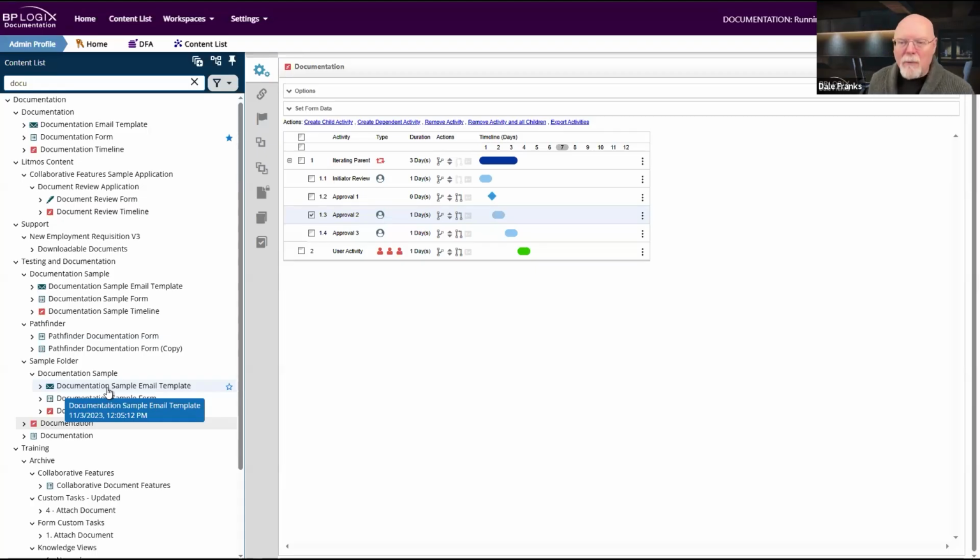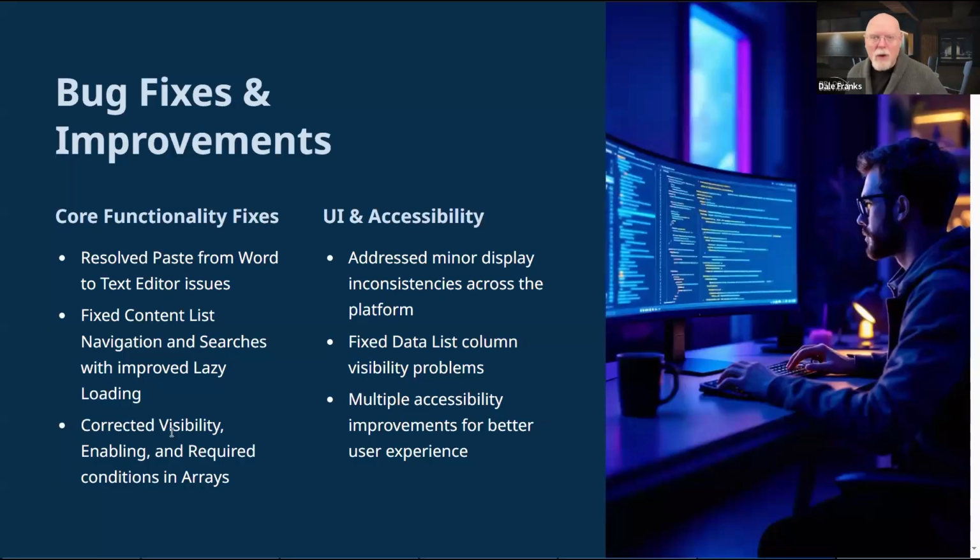So we fixed that. Now whenever you do a search, the search will return only objects that you have permissions to view in the content list. It was not really a security issue because you still couldn't access the object, but it's still irksome that you could see stuff, especially from a system administrator's point of view, that I might not want you to see on the system. So now you can't see that anymore.